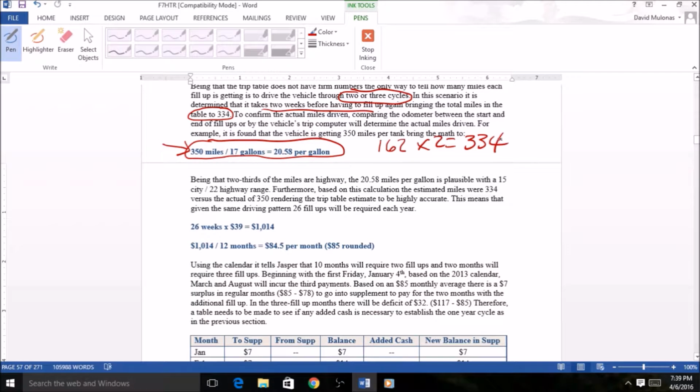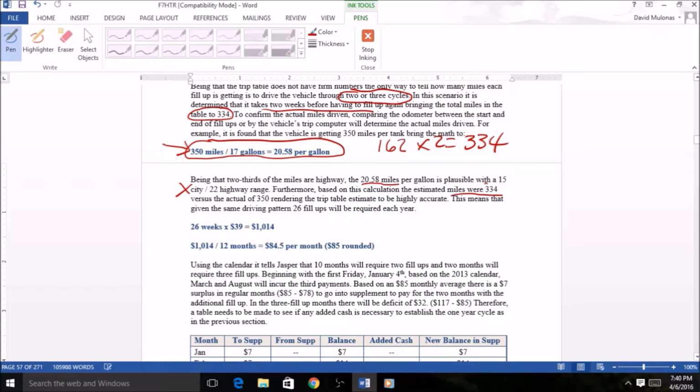So that way we know in the 2-week driving cycle, we estimate that he's going to drive 334 miles, but the tank needs to be filled up at 350. So this is a number we can now work with. And what that means is that we know that 2/3 of the miles on the highway and the 20.58 miles per gallon is plausible with the 15/22 city. So we're saying we're in the ballpark in terms of the average miles per gallon,